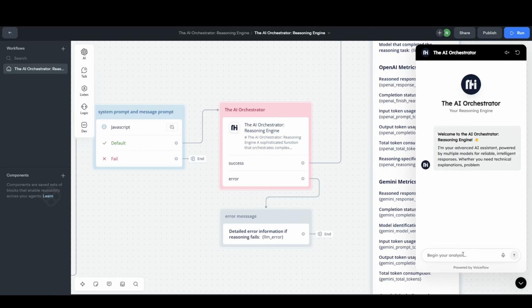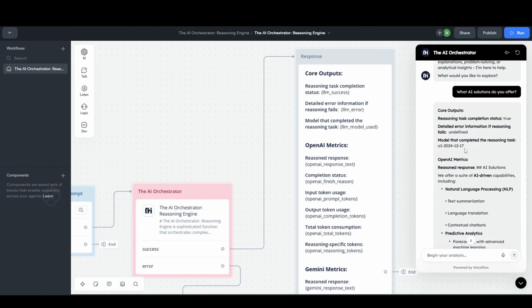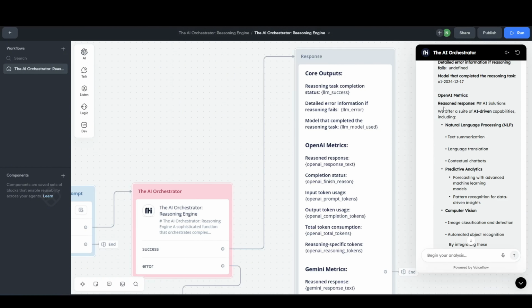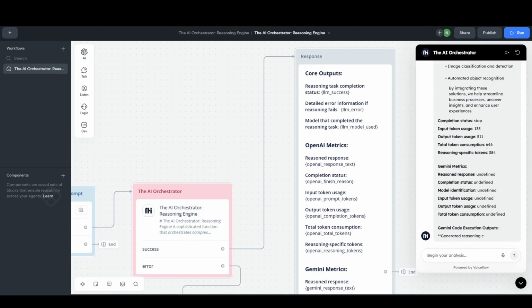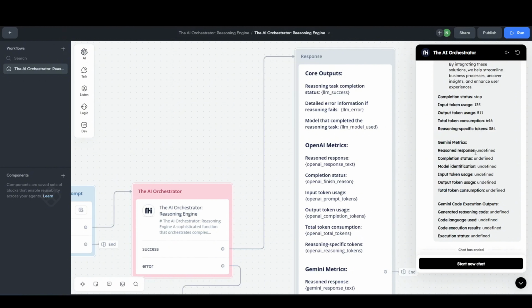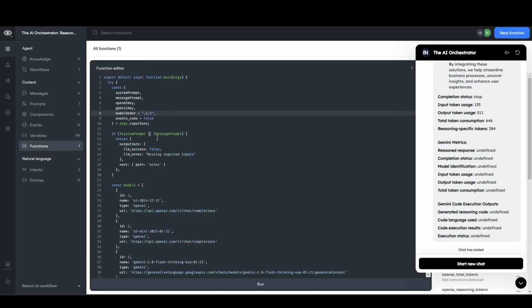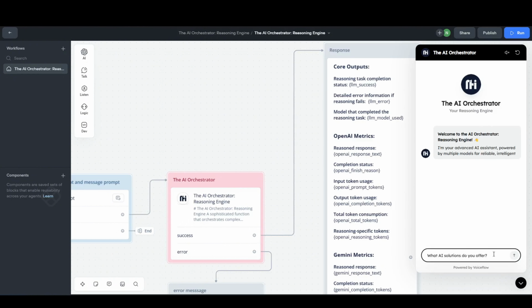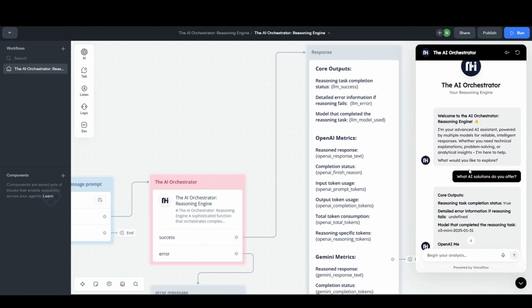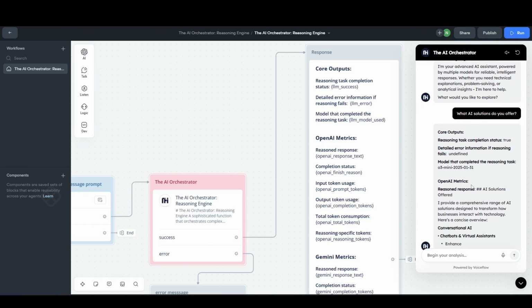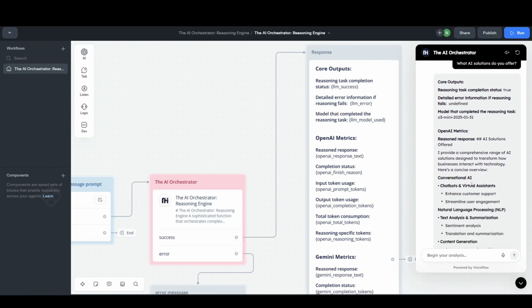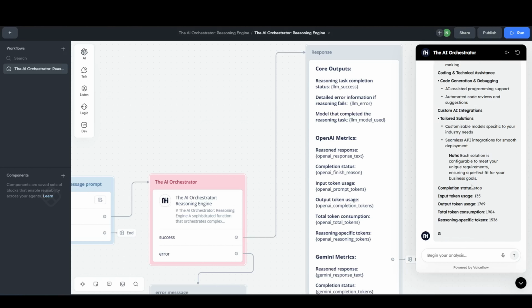And remember, we still have the O1 model set at high for the reasoning effort. And here we can see the response that is being generated by the O1 model. We can also see the number of tokens that are being used for this particular request. Let's try the O3 model. So we can see here that this is the O3 mini model, and it is able to generate a very good response when the user asks the question. I like how Voiceflow streams the response.